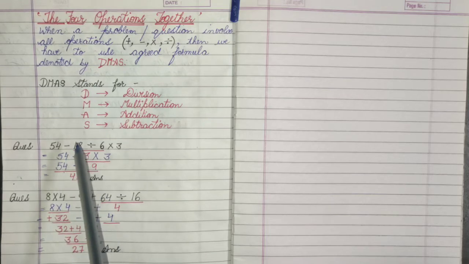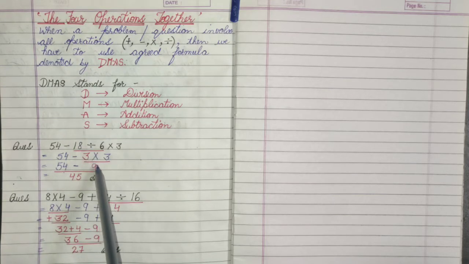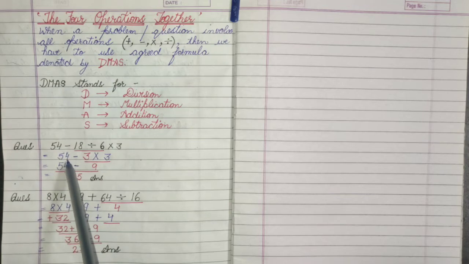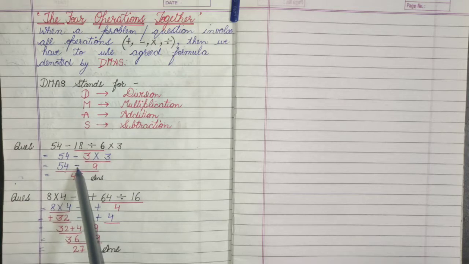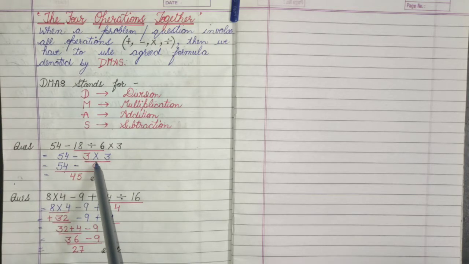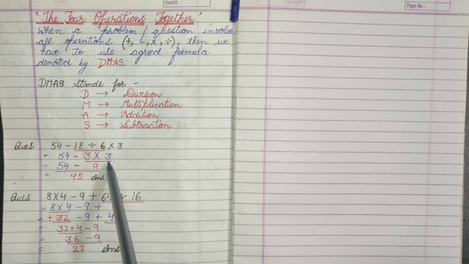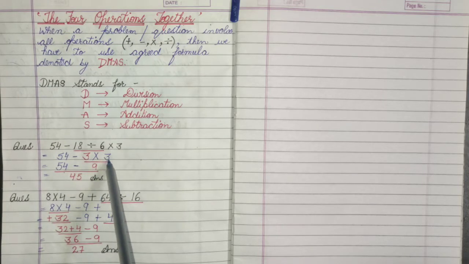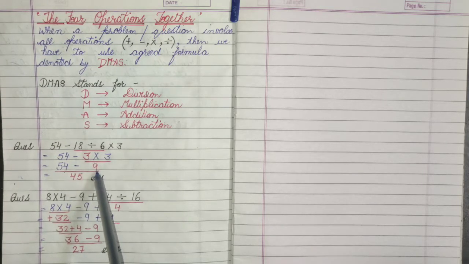And you know this rule everyone, that whatever is left, और जितने भी डिजिट्स या नंबर्स रह गए, we will copy them same. 54 ऊपर था, so I have written 54. Minus was there, so I have also written minus. But जो अंडरलाइन नंबर्स होते हैं, we are not required to write those, so I have not written. उनके प्लेस पे जो multiply करने के बाद 9 आया था, I have written only that.